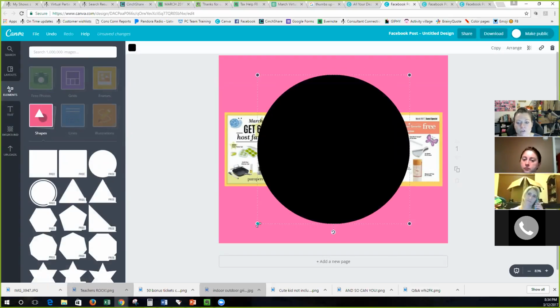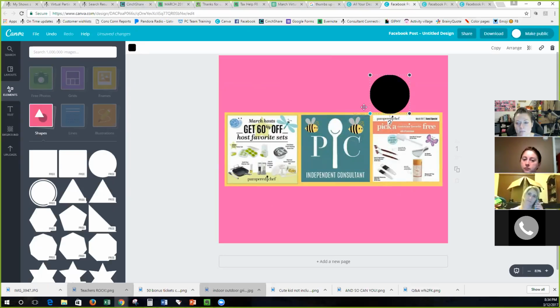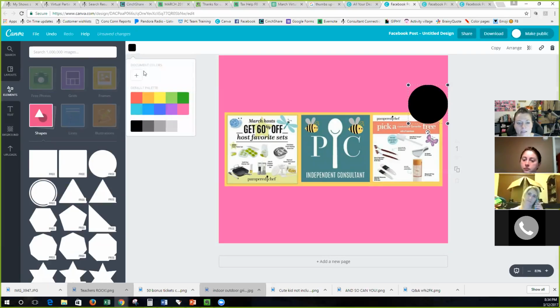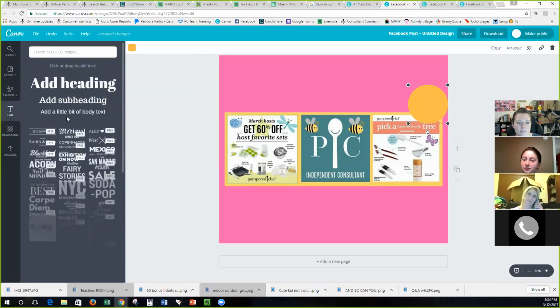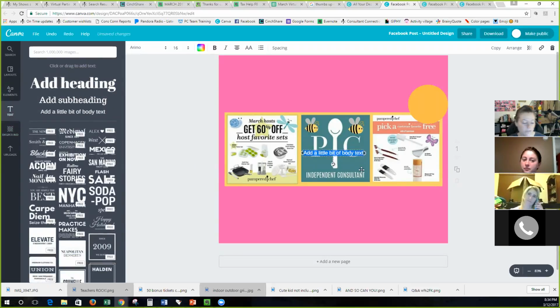So I'll grab a circle, make the circle kind of small, and maybe I'm gonna pull it over the top of that area. Let's make it yellow. Yuck, that's too bright. All right, so we'll just make it this orange for right now, and say we'll grab some text and we'll say March guest special. So you can readjust the sizing and pull that over the top,